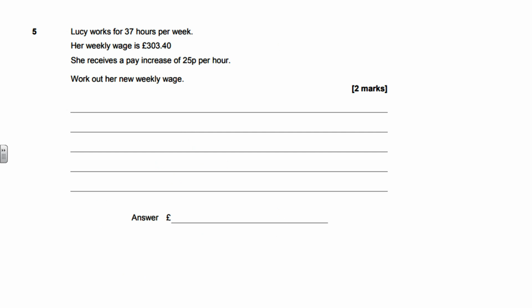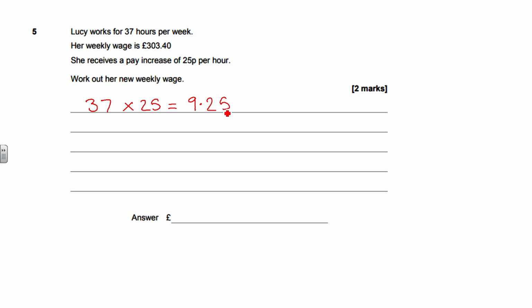Okay, question 5. Lucy works for 37 hours a week. She receives a weekly wage of £303.40. Her pay is increased by 25 pence per hour. What is her new weekly wage? So one way to do this is to say, well, what is 37 lots of 25p? Because she's going to get that much extra on her wage. So let's see, every 4 would be £1. So 4 times table: 28, 32, 36. 9 times, so there's going to be 9 whole pounds for 36 of those, and then 1 additional